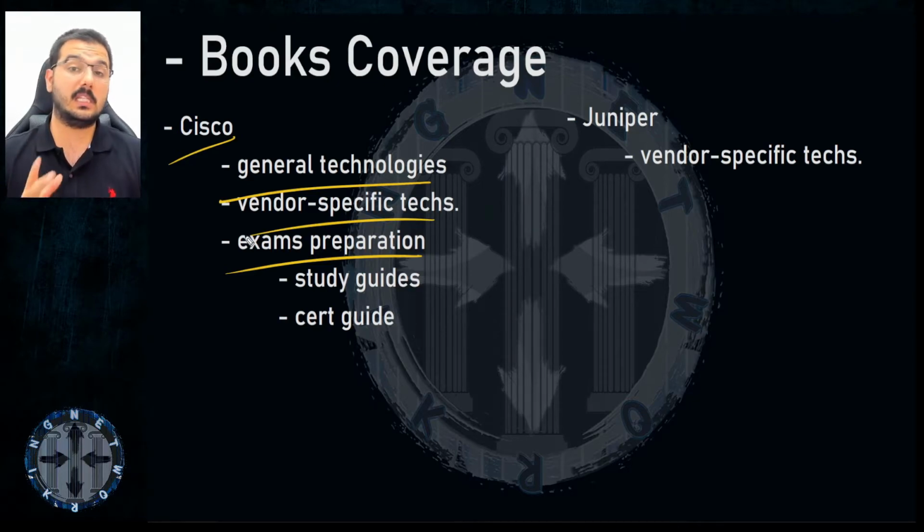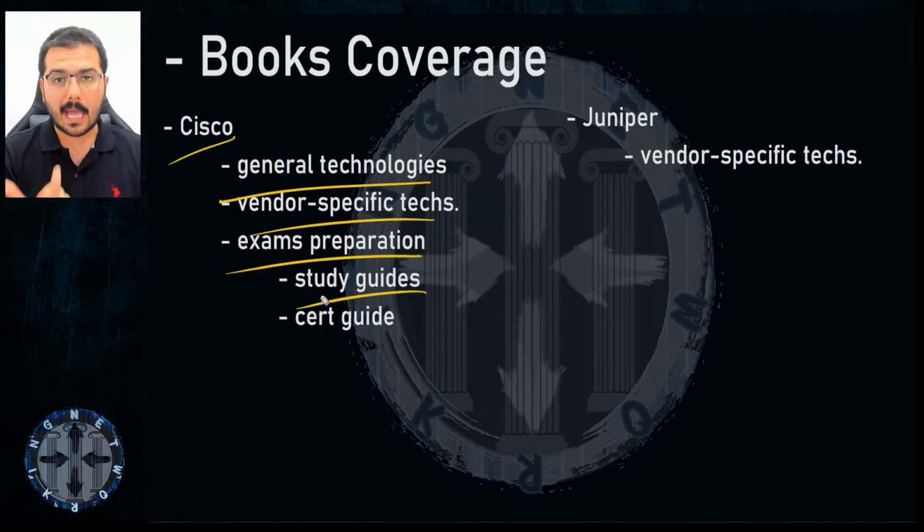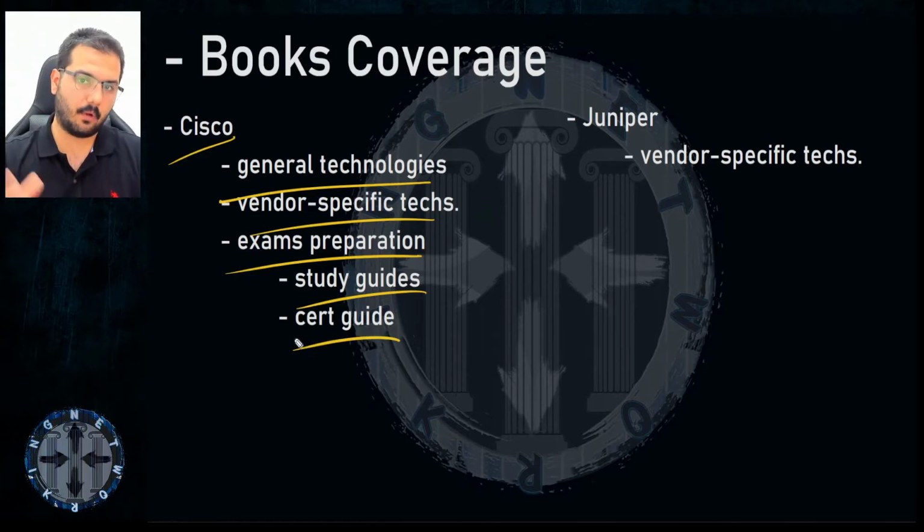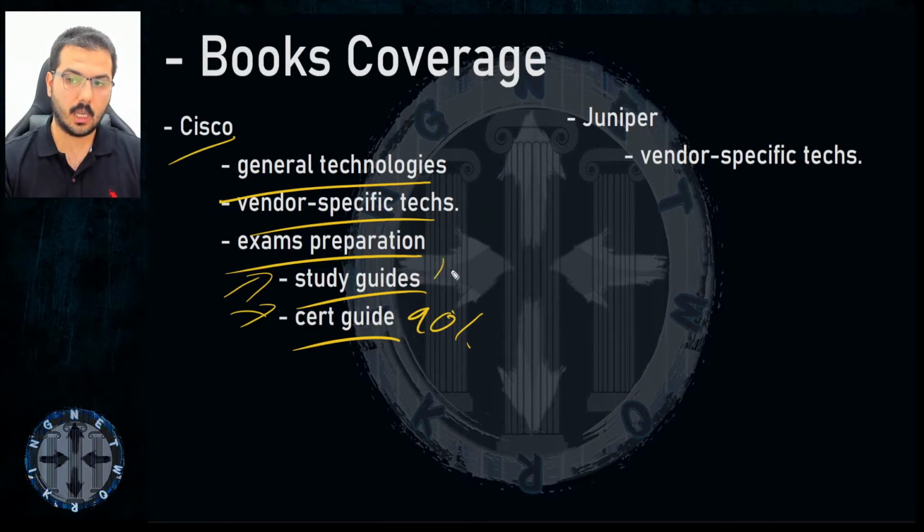So that book is either the official study guide that will help you prepare a little bit for that exam, or it's an official cert guide that will help you a lot to prepare for that exam. Be careful when you choose between a study guide or a cert guide. The majority are cert guides available. Sometimes, unfortunately, you might not find a cert guide, rather you'll find a study guide. A study guide is a study guide. A cert guide is the guide to become certified. It's the certification guide. All of these books, they are thousands, on Cisco Press for Cisco, regardless of the purpose of the book.